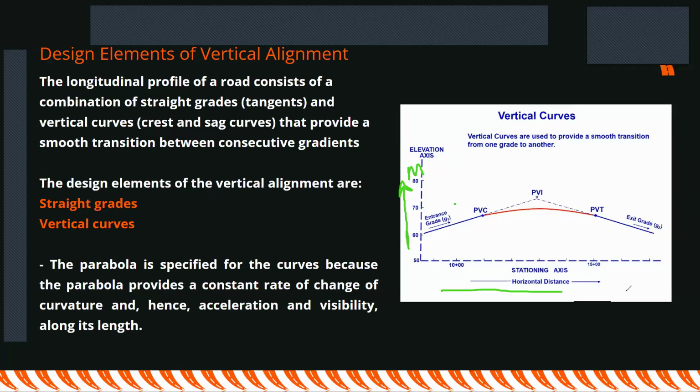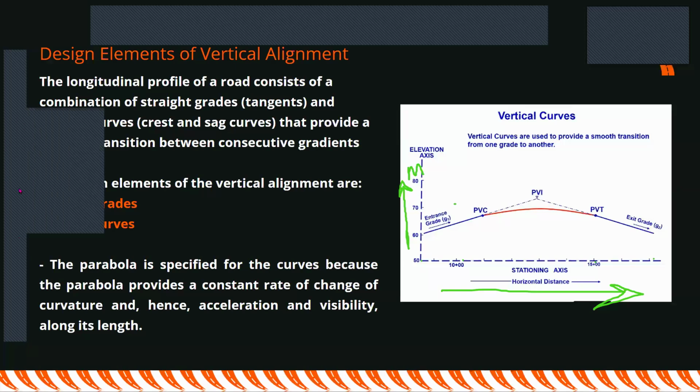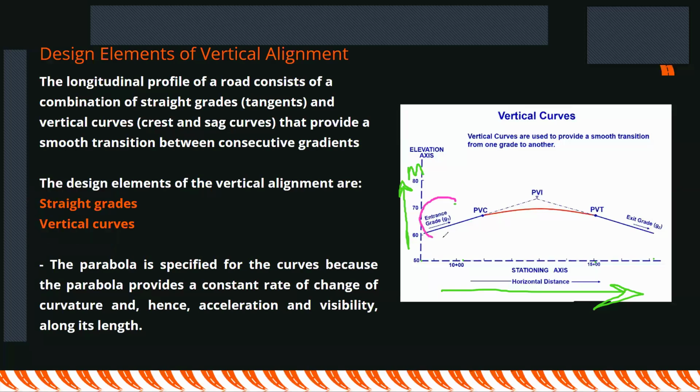And then along the x-axis, we normally have what we call the stations or chainages. So these will be 0, 0 plus 100, all the way to the last station at this point. Now, in this very geometry, we have the first element of design. Let me change the color of my pen. The first element of design is the entrance grade, and this is what we are calling a straight grade, and